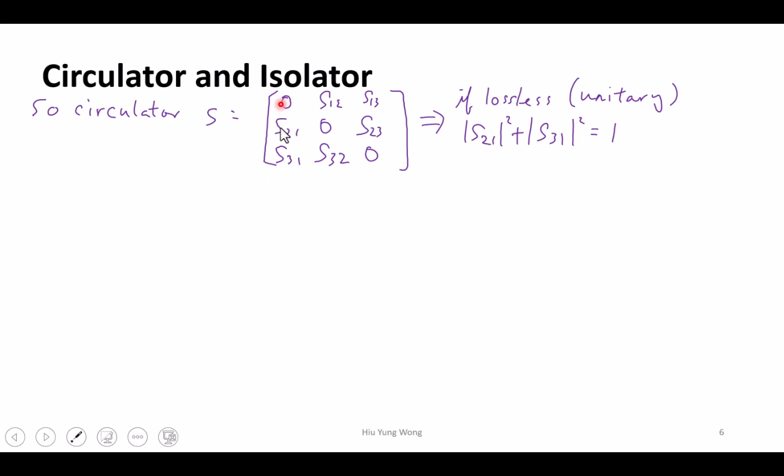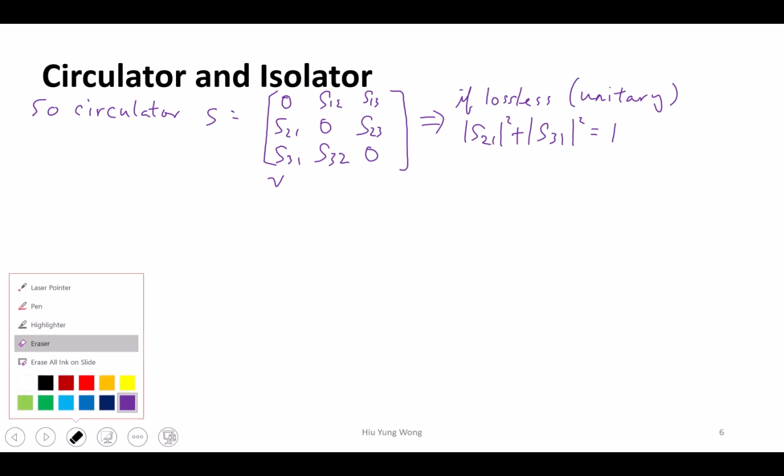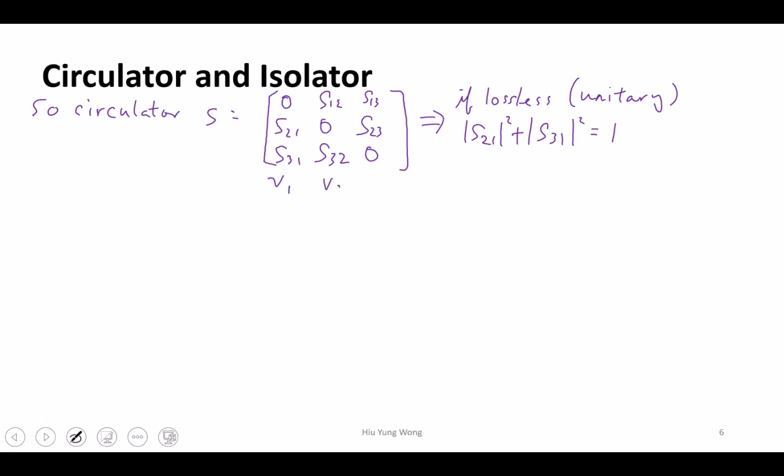But it is unitary, meaning this column as a vector, I call this V1, V2, V3. And what I'm saying here is just V1 squared equals 1. That is what I'm talking about. Of course, V1 squared is V1 inner product with V1. Remember, this S scattering matrix can be complex, so that's why we need to put the magnitude,